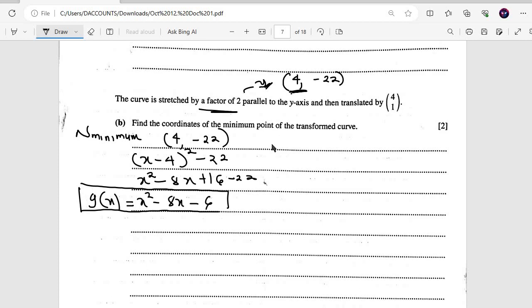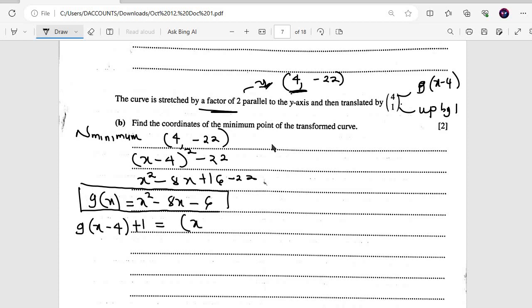Now, it's then translated by 4 and 1. This plus 4 means that it's moved to the right by 4 units, which can be written as g of x minus 4. It moved to the right by 4 units. This one moved up by 1 unit. So therefore, let's translate the stretch equation. This is what we're looking for,